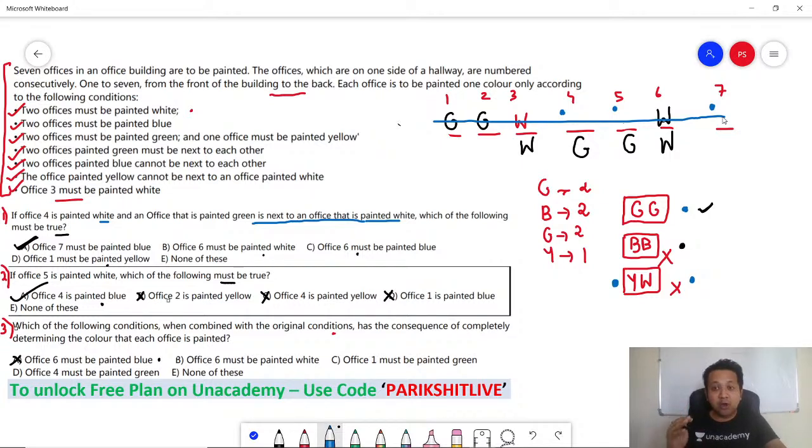And you know what? Yellow cannot be next to white. So it cannot be at number 7 because there is a white at number 6. It cannot be at number 2 because there is a white at number 3. Definitely yellow has to be at 1. Position 1. That means there are only 2 positions remaining and only 2 blues. Perfect. You got it. This is what you are looking at. Remember, you are looking at the entire solution with one of the options. Option B gave you just that. Using option B, you can fill up the entire puzzle. And that's what the question was asking you. Answer is option B. Got it?